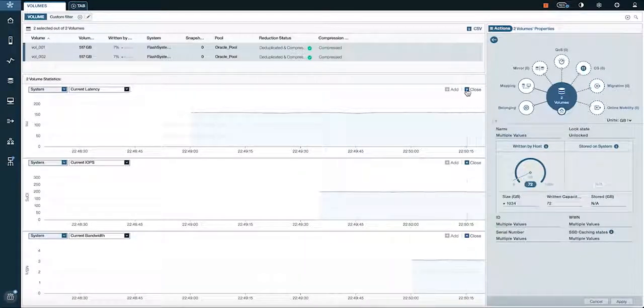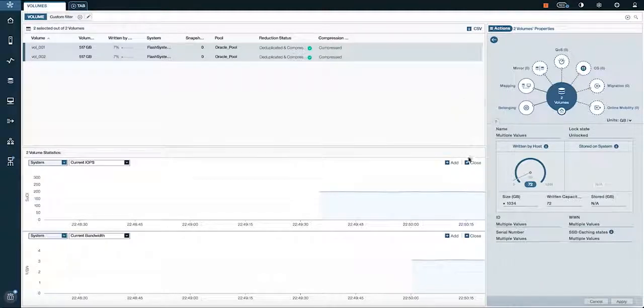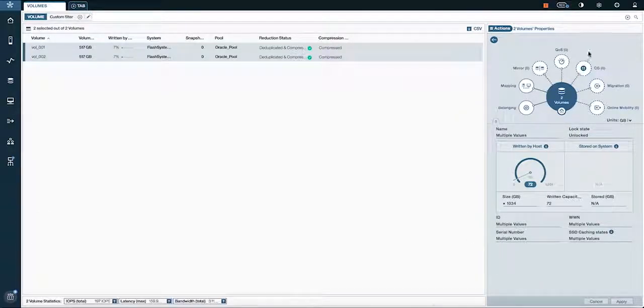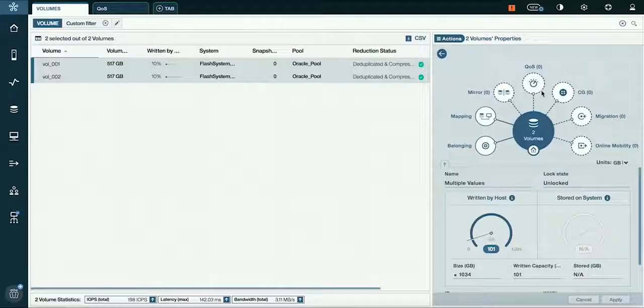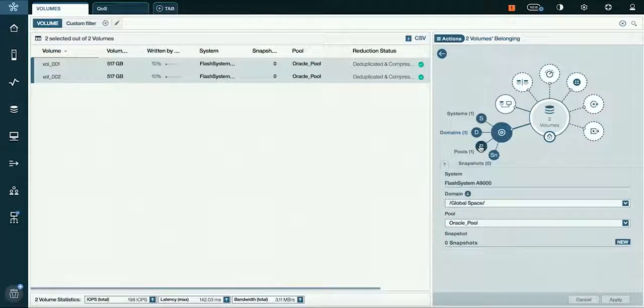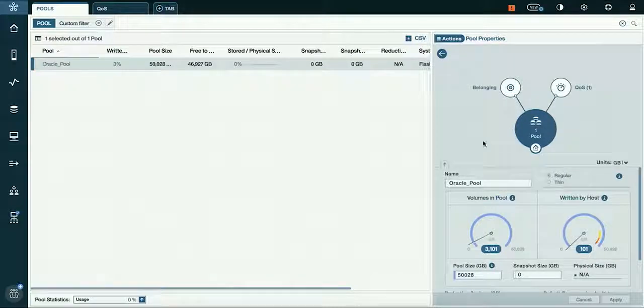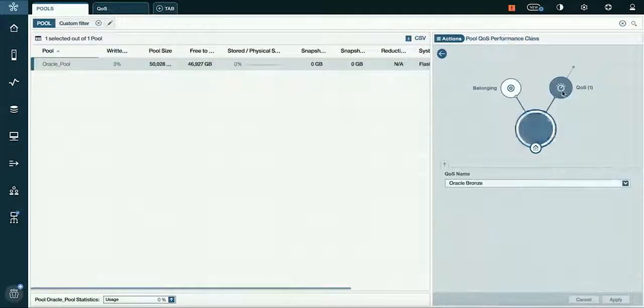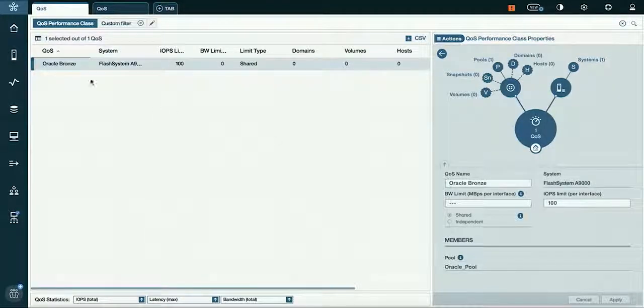So I can close all of these charts, as you can see, live updates, and back to my volumes. And again, no quality of service was applied at the volume level or the host level, but take a look on my pool level. That is where the quality of service was applied, which is what was affecting those particular IOPS and latencies. As you can see also on the left-hand side, if I now put back that 0 and click apply,